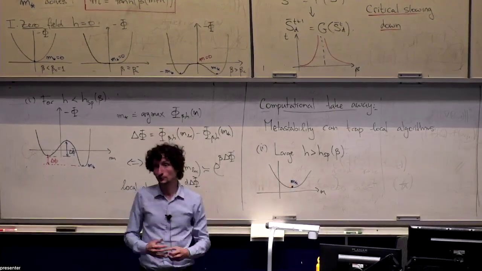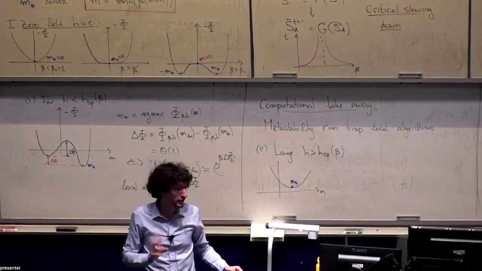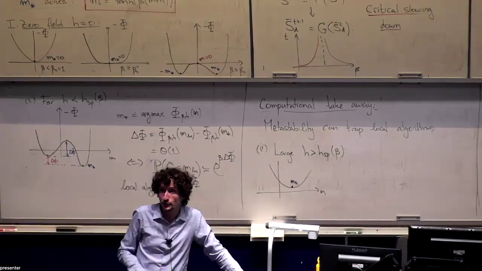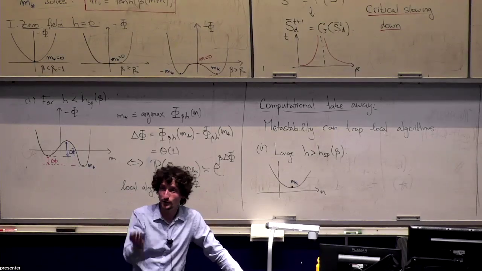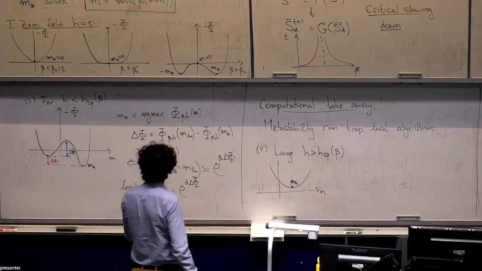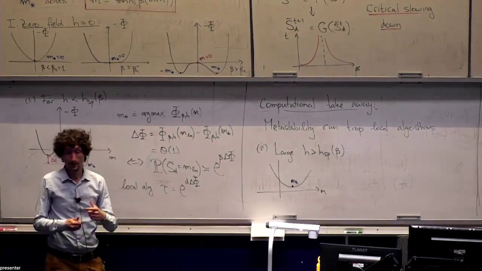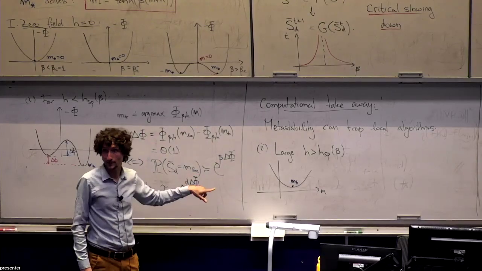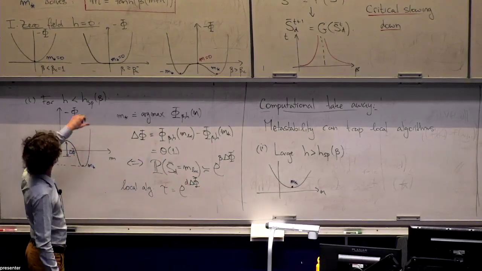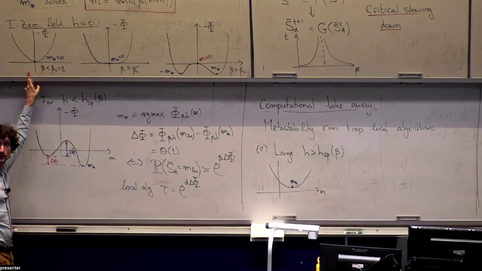Now I give this to you, and this is a magnet you can put in your fridge. Then you can heat it up if you want. You put it on the stove and you heat it up. What is going to happen is that at very high temperatures there's going to be a phase transition, and you're going to lose magnetism, because 0 is going to be the solution of this problem. So you're going to lose your magnetism.